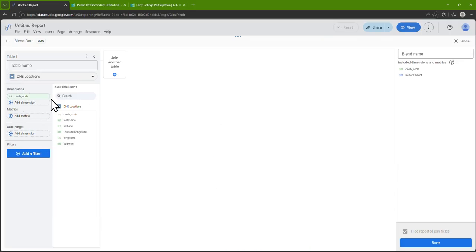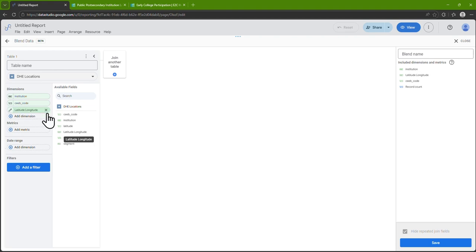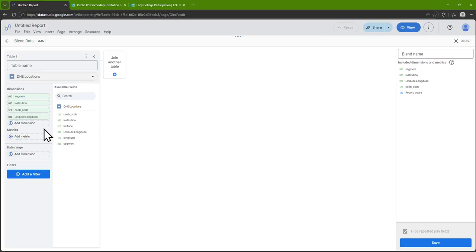Even though CEEB codes are technically a number, we're using them as a dimension in our visualization, not a metric we're measuring. We can also add the institution name, our new latitude-longitude field, and the segment, meaning whether it's a community college, state university, or UMass campus. None of the information in the DAG Locations dataset is actually a metric in this example. We aren't measuring anything about the locations, we're just using that data as dimensions for our map to know where